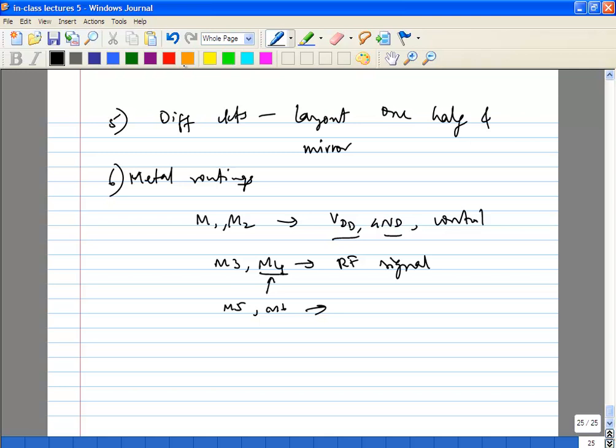Normally M1 to M4 will be thin metals. M5, M6 and higher metals should usually be thicker metals. Now you may think that M5 and M6 are thick metals, so you may wonder why you don't route the signal on M5 itself. Because it's definitely higher up from the substrate, so it should be lower capacitance. But it so happens